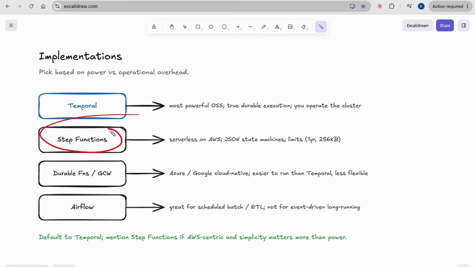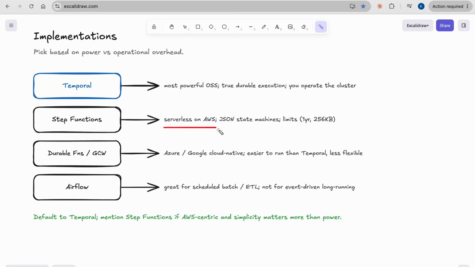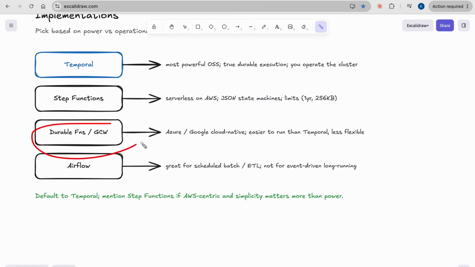Another is AWS Step Functions, which is serverless on AWS and uses JSON state machines. It has limits, like 1 year durability and a 256 KB data payload size. Then there are Durable Functions in Azure or Google Cloud Workflows, with similar functionality, easier to run than Temporal with its infra overhead, but less flexible.